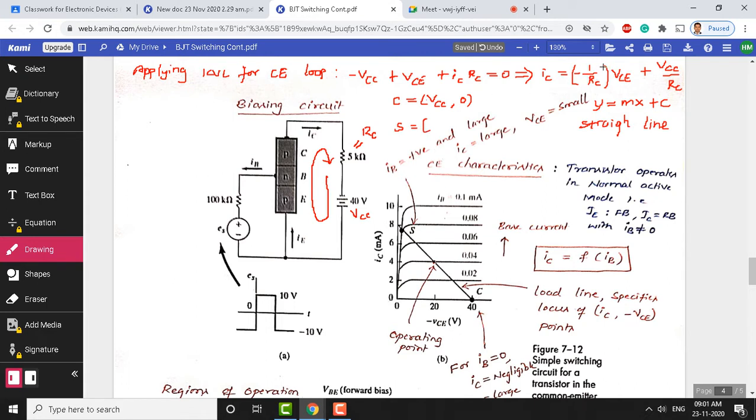Similarly, to find the value of the y coordinate in this equation, you need to make x as 0. X is nothing but, in our case, VCE. When we make VCE as 0, this complete term gets eliminated. You are left with IC equal to VCC by RC. So the S point has x as 0, you are on the y axis, and the y coordinate is VCC by RC, correct? So this is the S point here. If you know these 2 points, you can draw the line here.